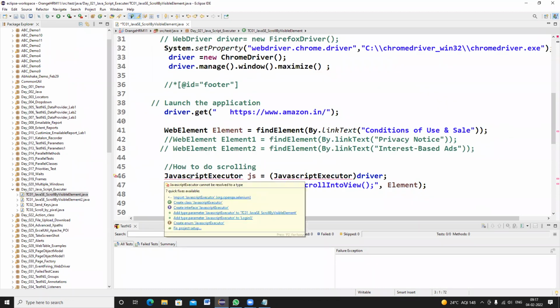Once you mouse over on this error, you get an import option. Whenever you get an import option, that means that it is a class in Selenium, so you have to import it. Unless and until you import this class, you will not be able to execute the program properly.